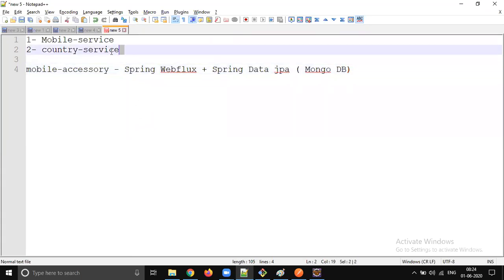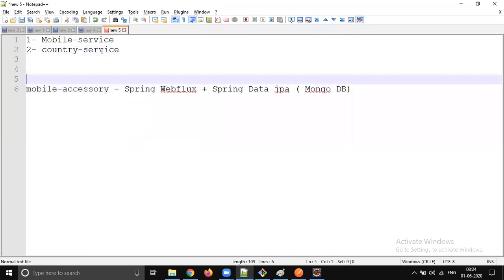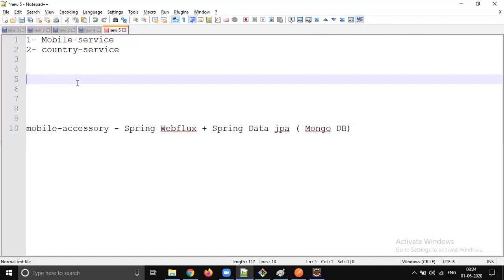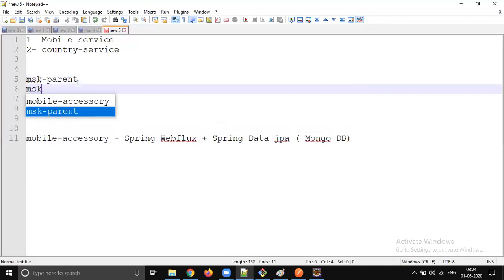Okay, but before doing that, I would like to do a couple of changes. One is creating a common parent, and another one is creating a common service, right?